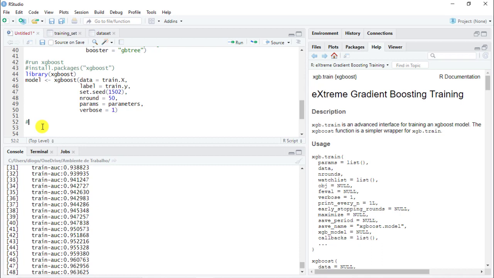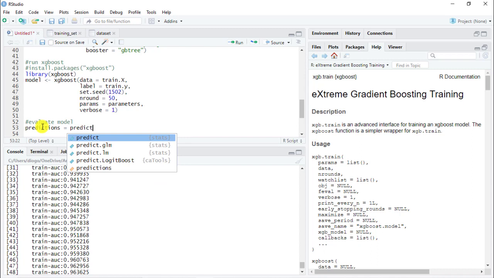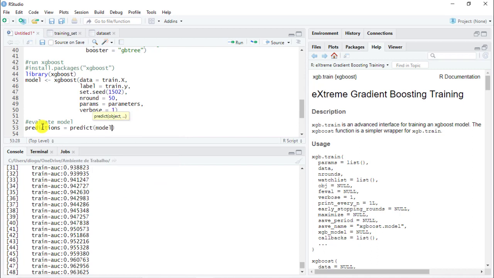Next, we want to evaluate the results of our model. Evaluate model. And the way to do this is that we're going to predict. So predictions equal. We're going to use the function predict. And we're going to use our model to predict. And we need to include new data. So newdata equals